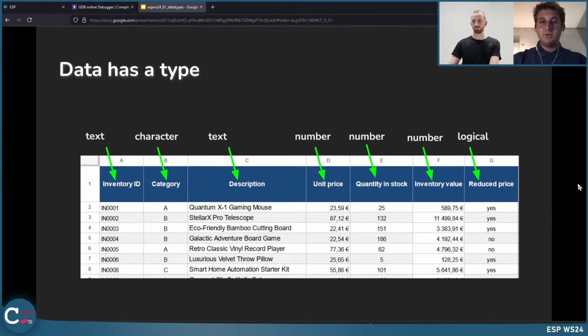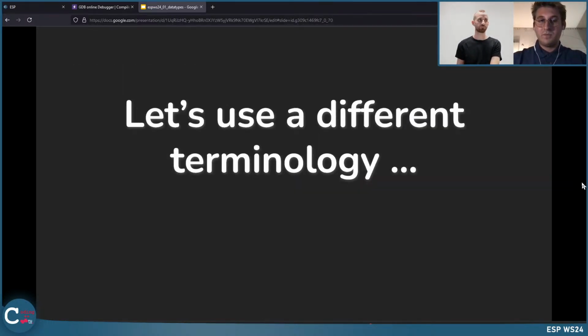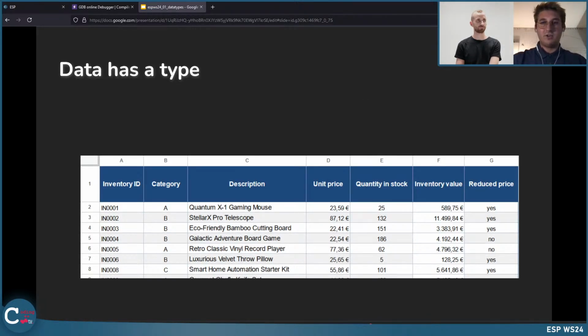So we now continue. We have some different terminology in programming. We don't really use number or text, but we use something else. For example, for the first column, which we called text before, we call them strings.